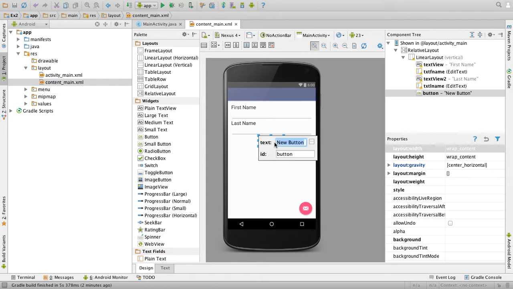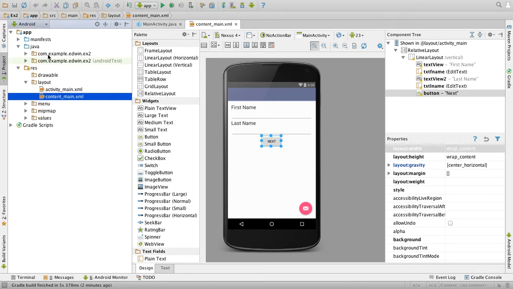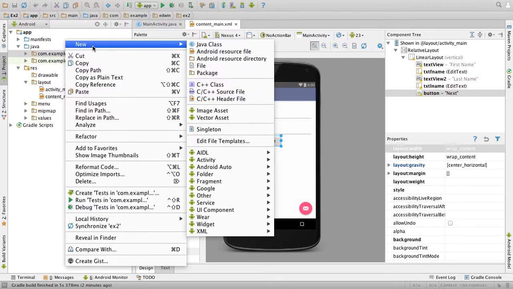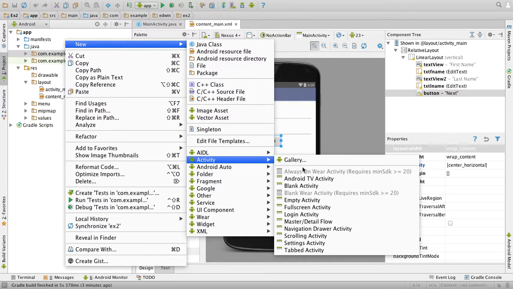Double click it, change the text to next. Okay, so this is our design in the first screen. Now we have to add another activity. So for that, go to the Java folder, right click the first package, go to new and click on activity, then blank activity.